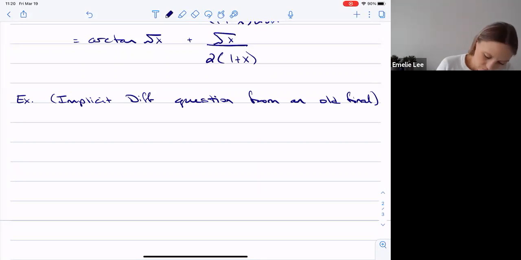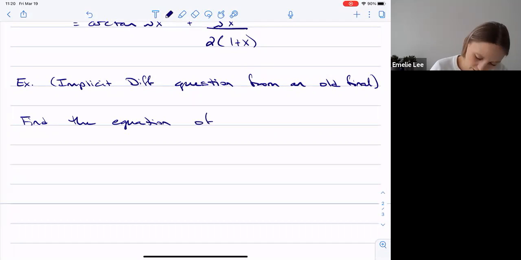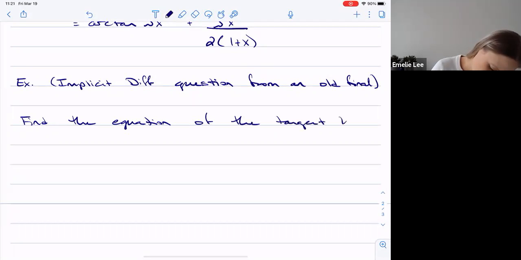So the question says, find the equation of the tangent line. Always with finding the equation of the tangent line, right? It involves finding the derivative and then finding the equation of the tangent line. So find the equation of the tangent line